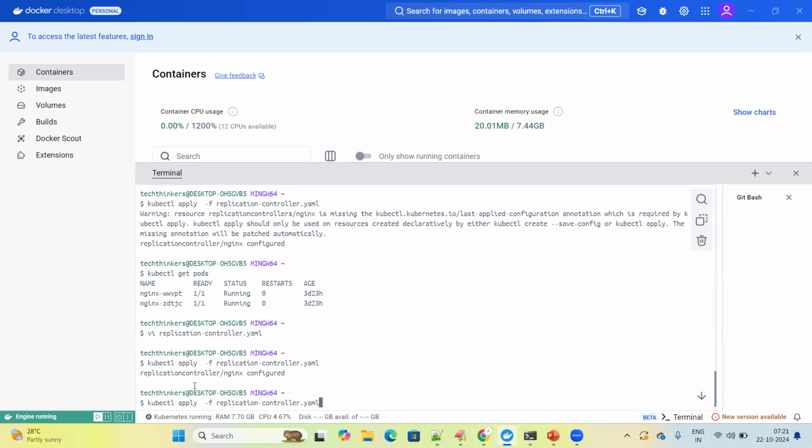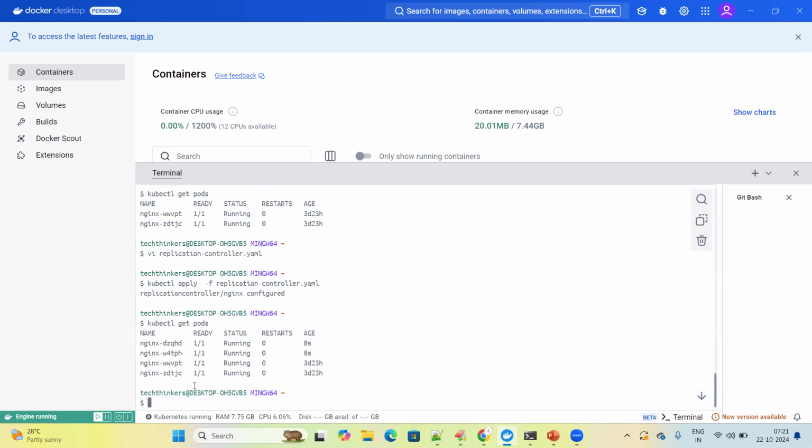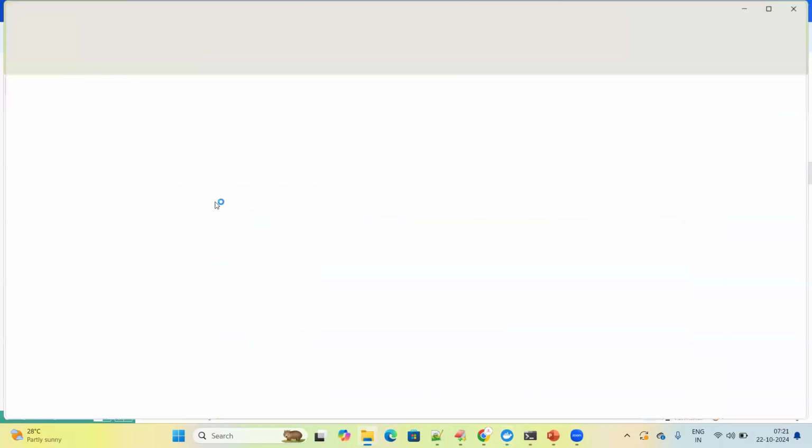Right? So after applying, you can run a command called kubectl get pods. You are able to see the 4 pods are running here. Yes, we have 4 pods running. This is how we can increase the number of replicas. The advantage of having the replication controller is usually,